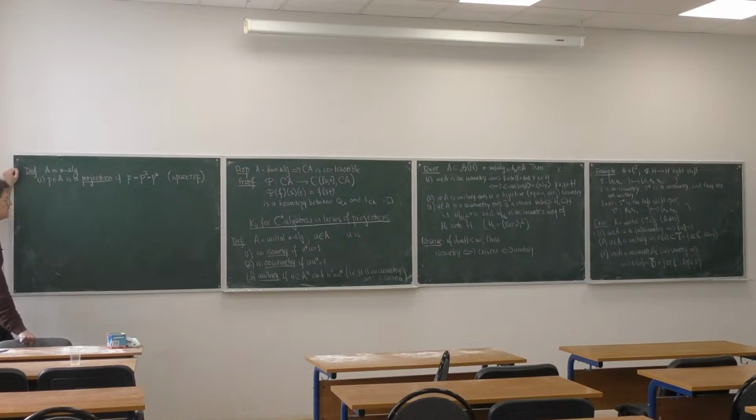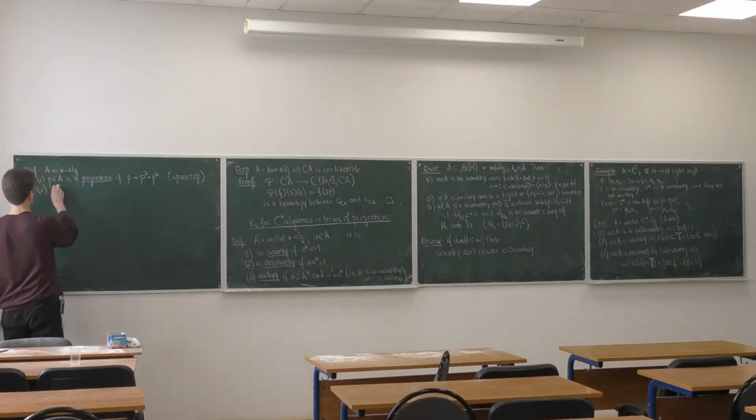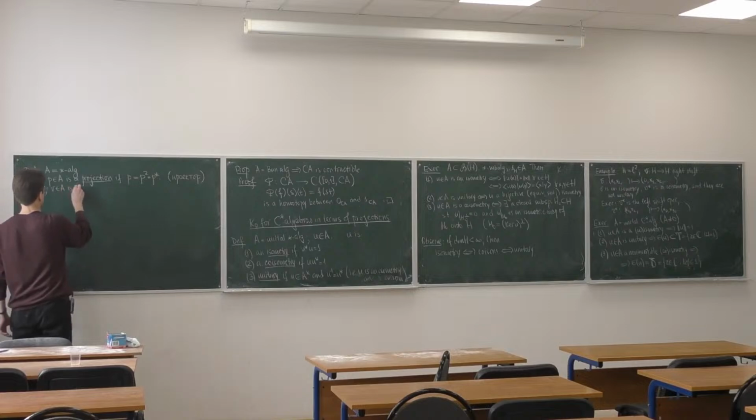Self-adjoint idempotent operators on Hilbert spaces are usually called orthogonal projections in operator theory. But in C-star algebra theory, by projection we usually mean a self-adjoint idempotent. This is a standard terminology, and we will follow it. And we say that an element V in A is a partial isometry